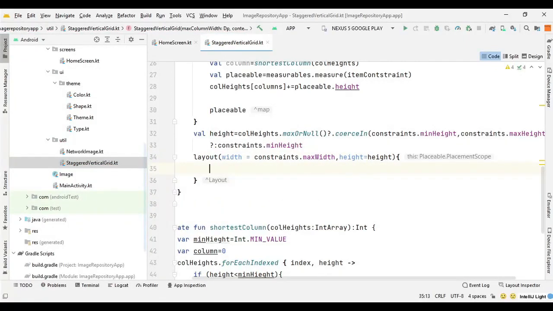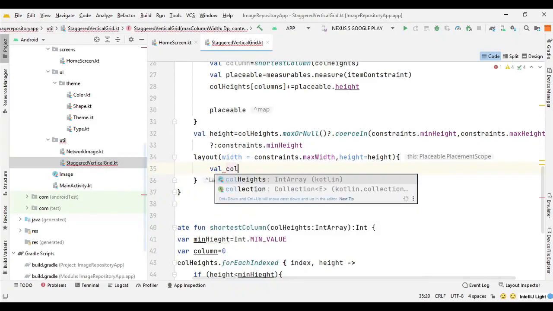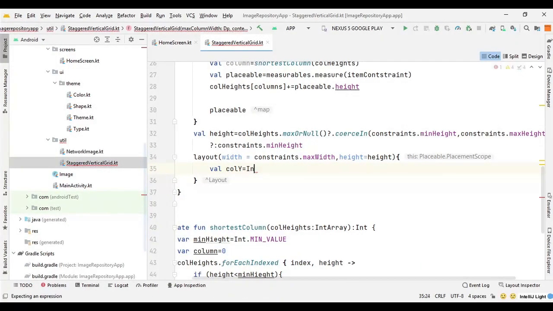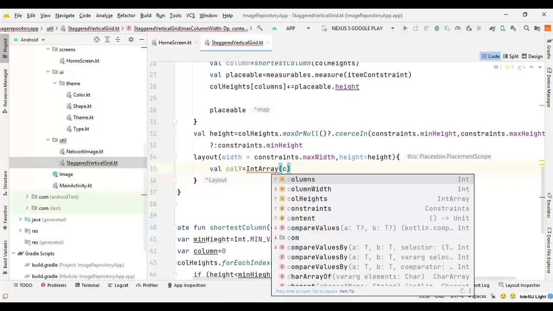Now we need the column position for the y-axis, so we can place them at a position like 0 0, which is the highest point on the screen. So we can say value column y equal int array, and we need to provide the columns here.